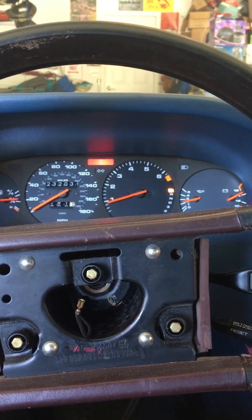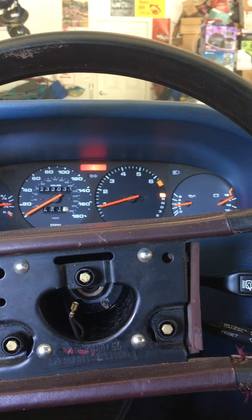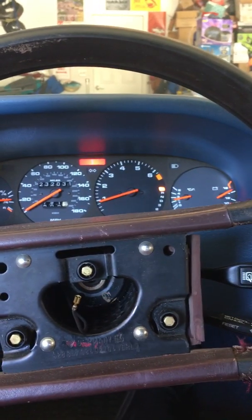Has a nice little growl to it. It doesn't sound like a beater truck with the 40s only. I really like it now. Compared,